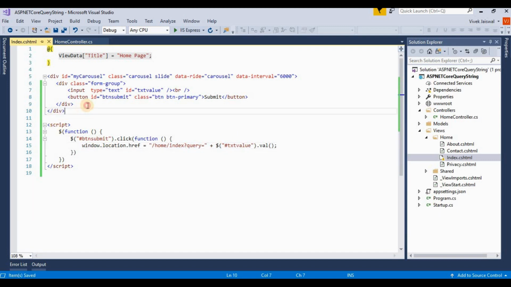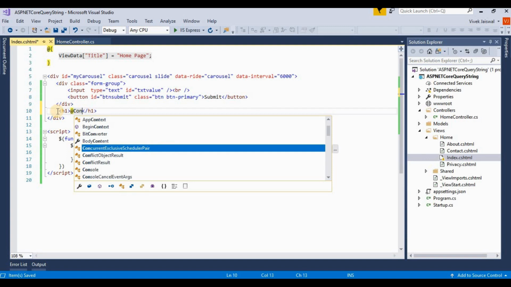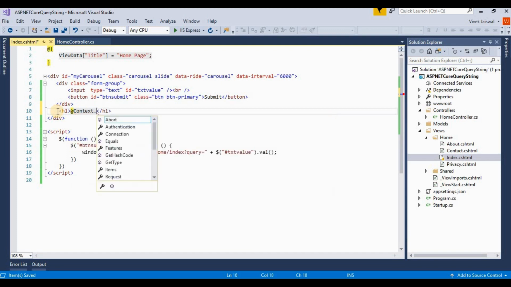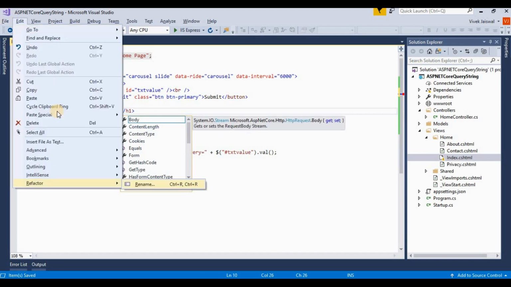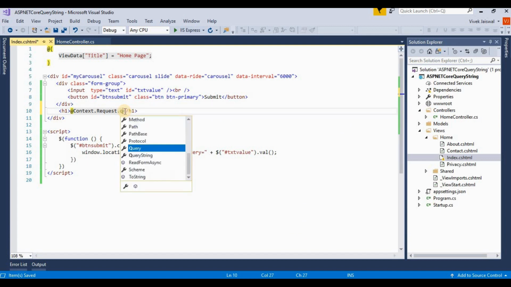Now I am adding one heading by which we print the value of the query string. Here in ASP.NET Core we use one more function, Context.Request.Query.